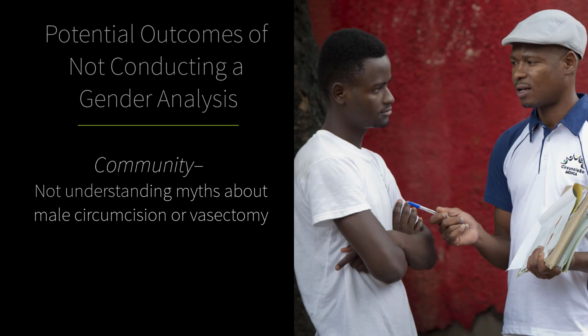Community. Understanding gender norms and attitudes as barriers to promoting health behavior can be critical for deciding how best to design an intervention or promote a health service or technology. For example, in Malawi, the word for vasectomy is the same as for impotent, which conflicts with notions of manhood. Similar beliefs exist surrounding male circumcision in Uganda, which thus can limit uptake of the procedure.